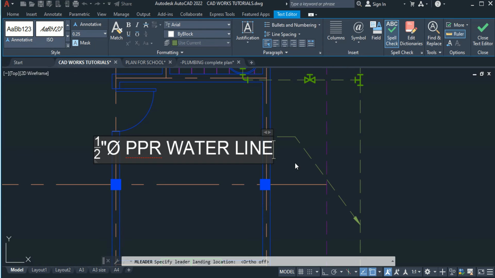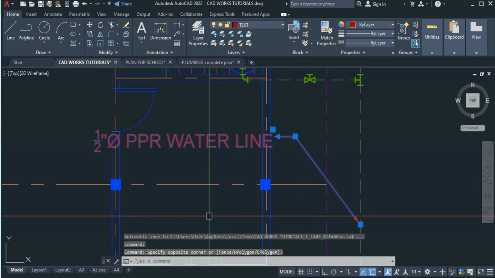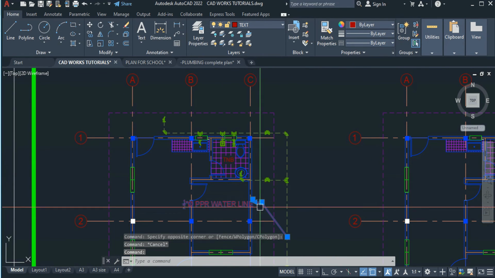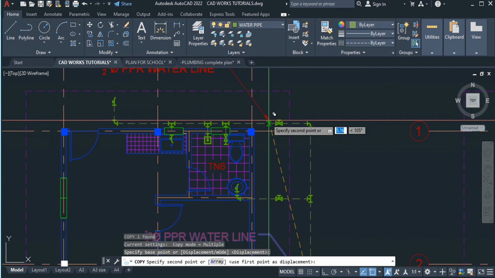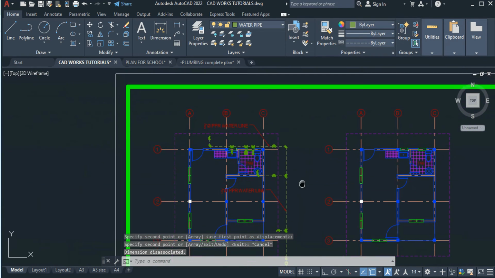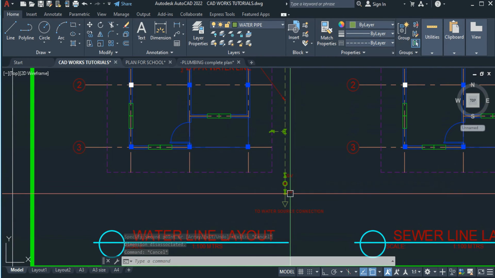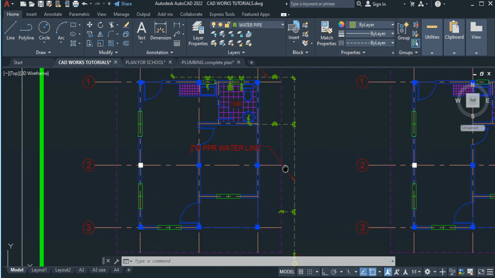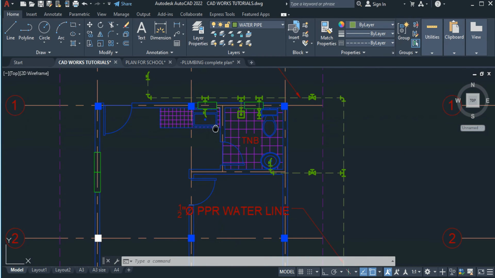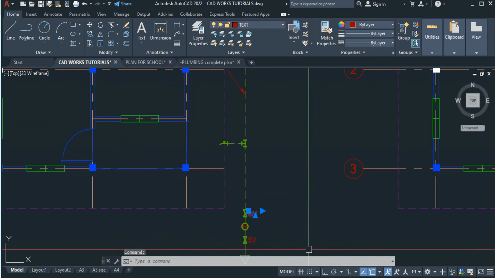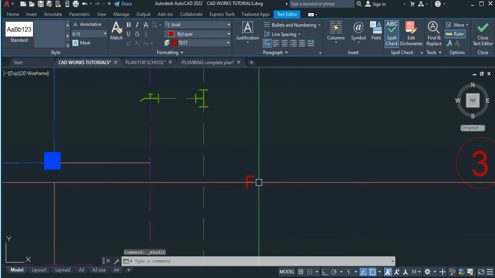To identify that this is a water line, I'm going to change the layer into text, and if you want the same, let's just copy it to our drawing. Okay, so once you're already done with the water pipeline, just check the water source, the safety valve, and then we have the gate valve, and it's time for us to place the descriptions of each symbol. So I'm going to copy this text of ours, copy, then we have here F for faucet,